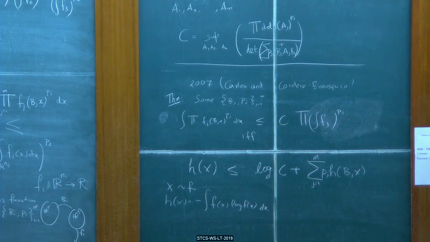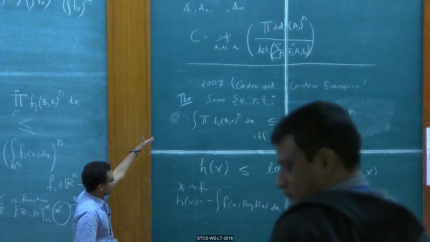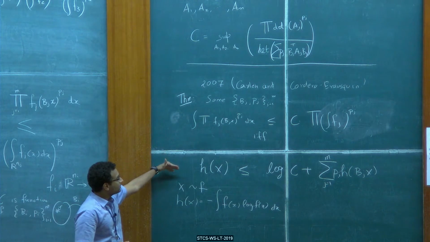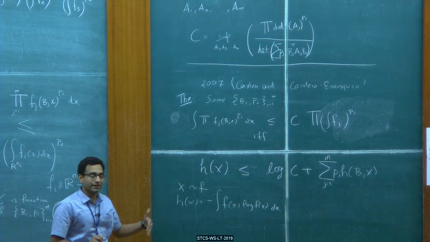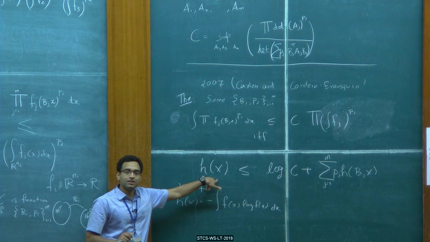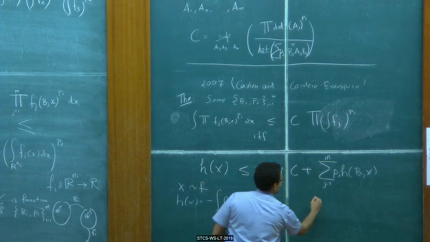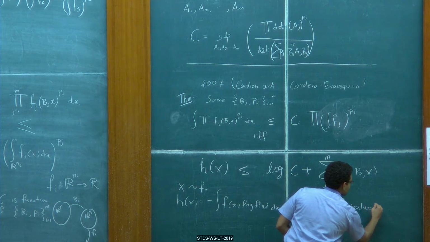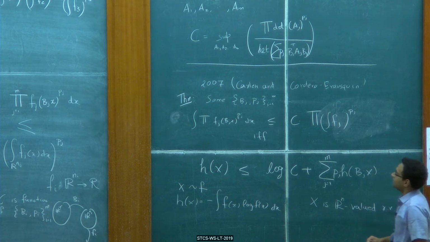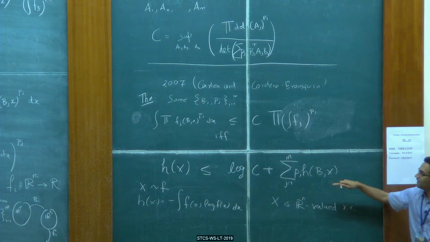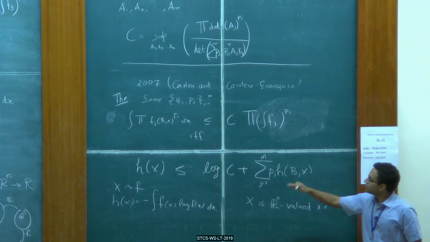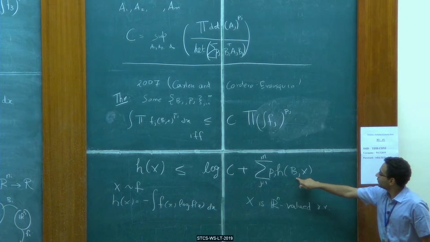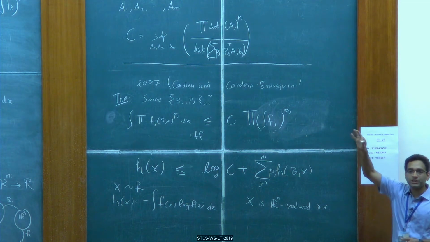So this result is saying that on the top you have this functional inequality, which holds for all possible functions. On the bottom you have an entropic inequality, or an information theory inequality, which says that you take any random variable x, which is R^n valued. This is essentially like a sub-additivity result of entropy, saying h of x is less than some constant, some correction factor, plus the entropy of x when you project it in the appropriate dimensions.